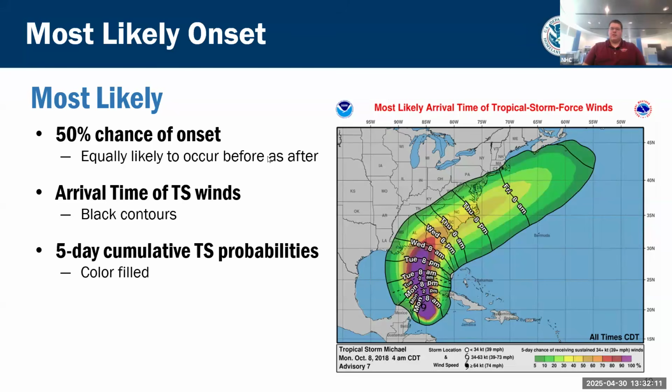And like I said, it's also color filled with that wind speed probability that John talks about. So it's really a combination graphic where you can get the probabilities for your particular area, but then also some sort of timing. And it's up to you to determine whether you have a 50% chance risk that you're willing to deal with, or if you don't have any risk, use the earliest reasonable timing, and 9 times out of 10, you'll be okay and not caught off guard with winds arriving earlier than depicted.